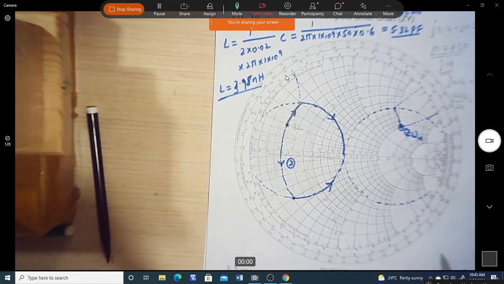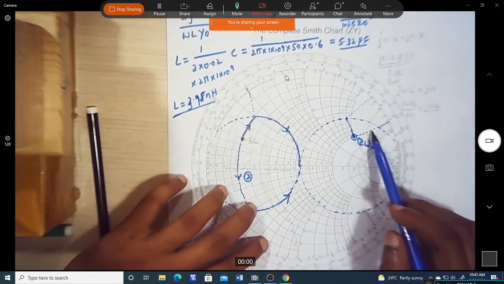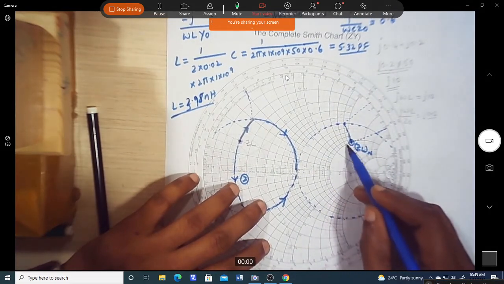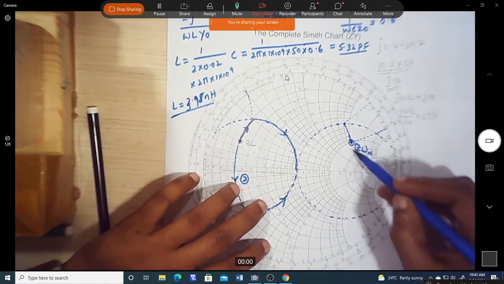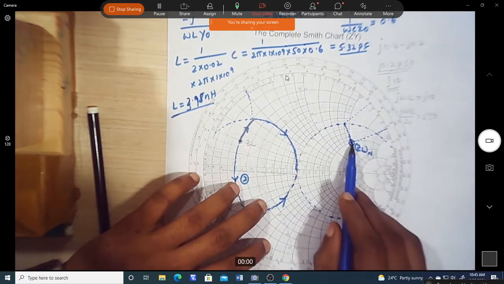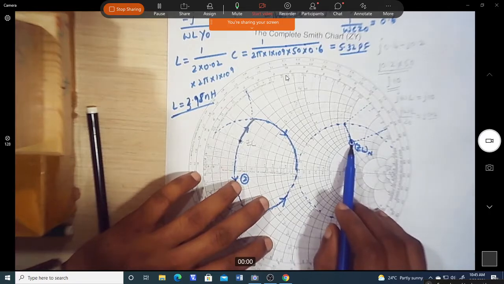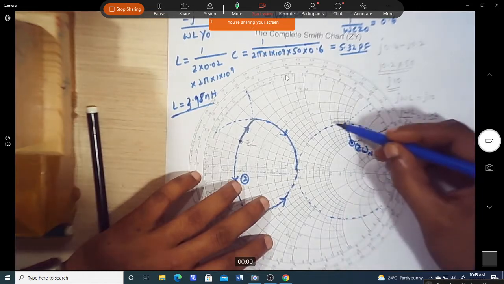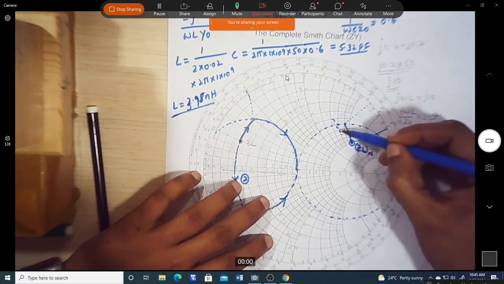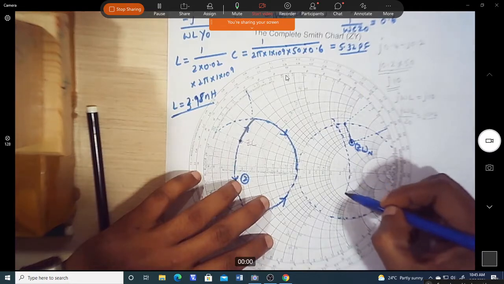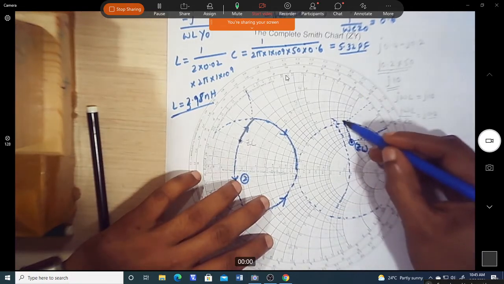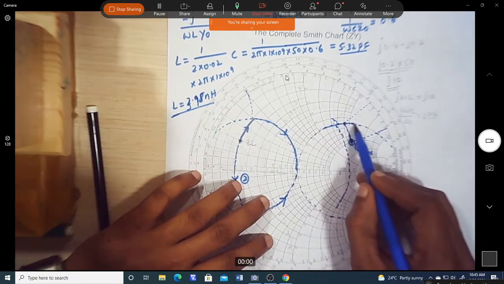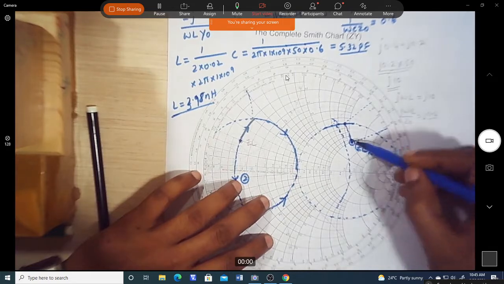So can you show this again, sir? Marking of ZL after. This one. Yes, sir. So you can see here, this is 2, this is a resistance circle 2 plus the reactance circle, this is 2. So that is the intersection point ZLN. Okay. So now first we need to move on the conductance circle. So this is actually one of the conductance circles which is parallel to this. You can see. Okay, so parallel to this, in between it is there. So I am marking till the value of this resistance circle. Okay, so this value to the load value.